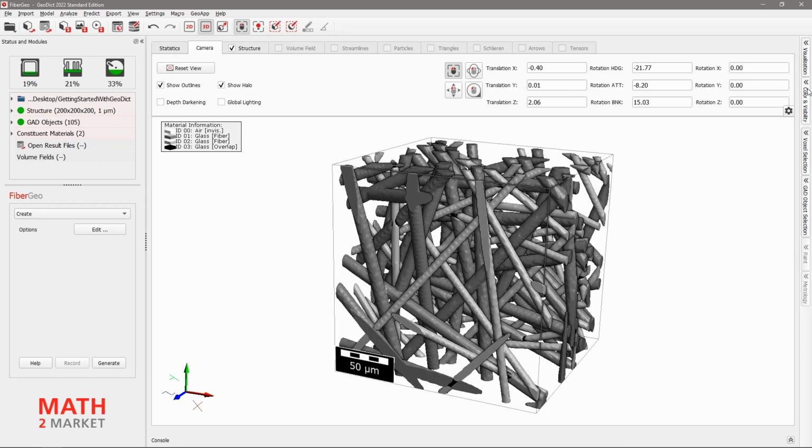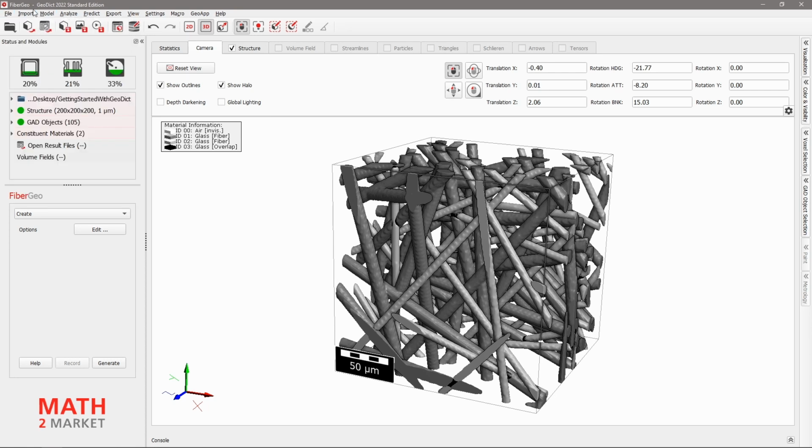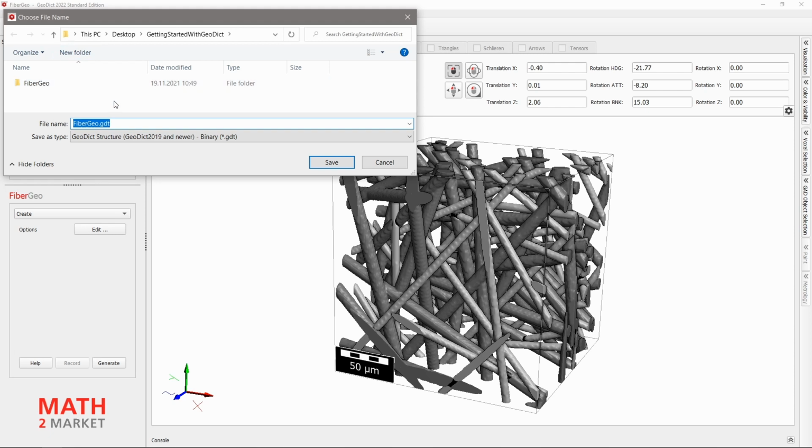And the last thing we will do is saving and loading structures. That is also quite simple. You can just save your structure with File, Save Structure As. Or there, of course, is also an icon in the toolbar for that. Choose that one here, click on that, and you see your project folder is opened again.